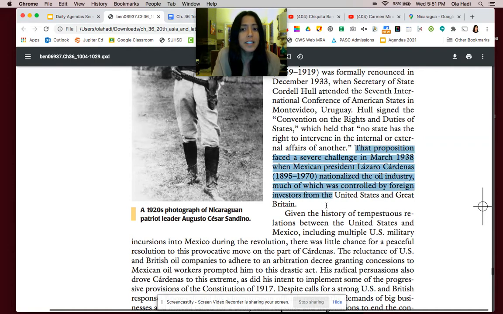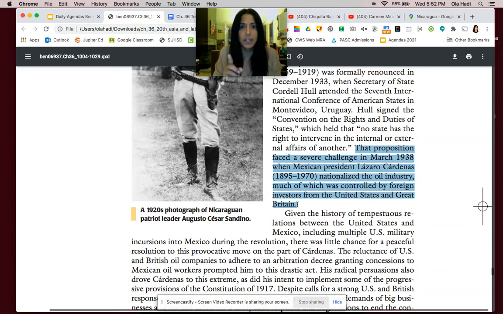Then this is going to be tested in a big way when a man that was the president of Mexico challenges this non-interventionist policy by nationalizing oil. The word nationalize is different from the word nationalism. When we think of nationalism, we think of people having pride in their group, in their nation, in their community, whether that's for language, culture, history. They have a certain belief that they're a community and nation. That's nationalism, wanting your own country, wanting it to be a sovereign state.